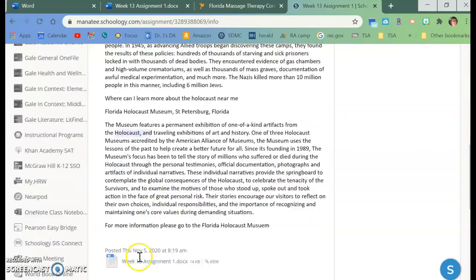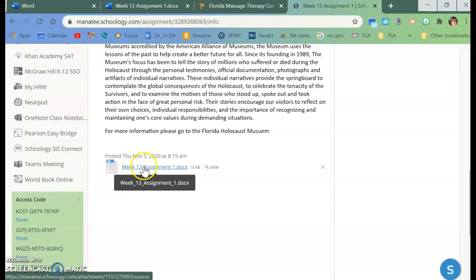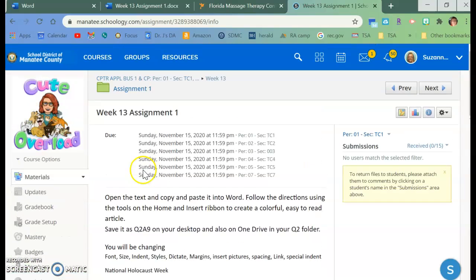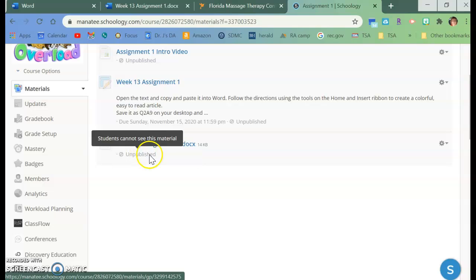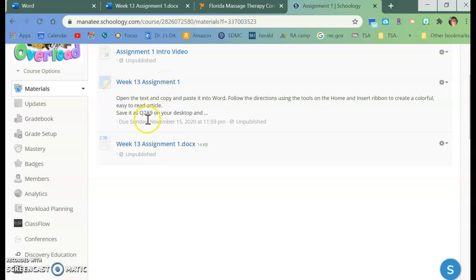This is the text right here. It is also right here if you want to just download it and use it that way. Or it is also, I put it in the third place, it is in here. This is all the same information. You only need it one of the 3 places. So for argument's sake right now, I am going to